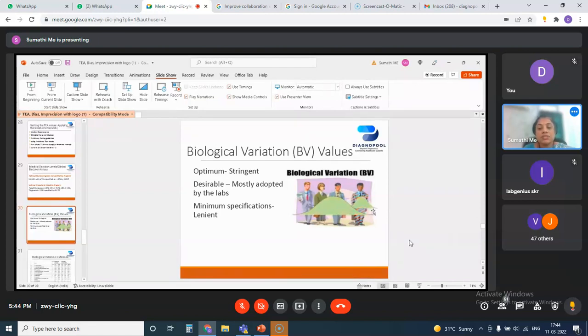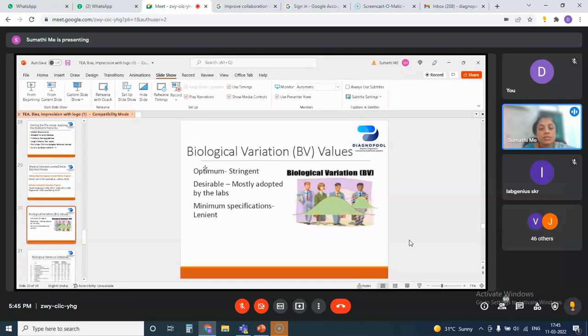The result of a test can correlate with these factors or it can act as an interference itself for the test result. So there are a lot of variations within the individual and across individuals. Based on this, there is a large set of data available based on the different biological variations which are considered within the individual and across the individual. So we have three different sets of biological variation database.